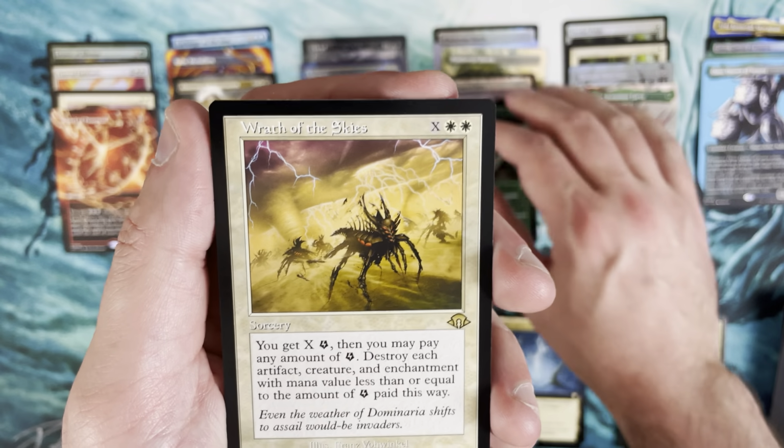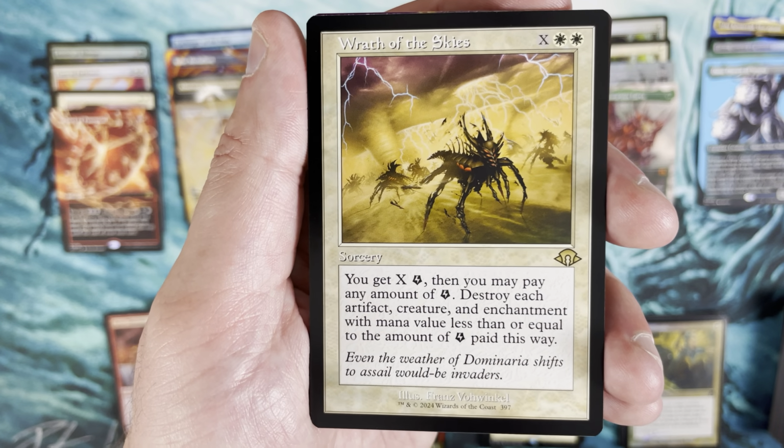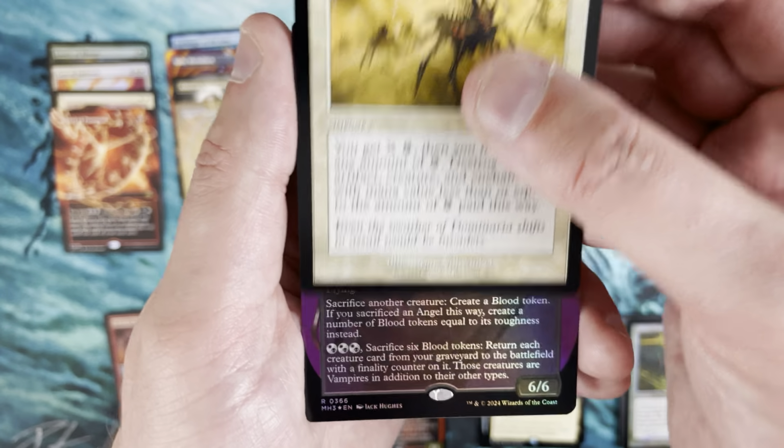That's a beautiful card. And then a Wrath of the Skies in the retro frame. Really interesting board wipe for energy. I don't think it really requires much to power this and have this be an impactful card. Keep your eye on that one. And then we have a...